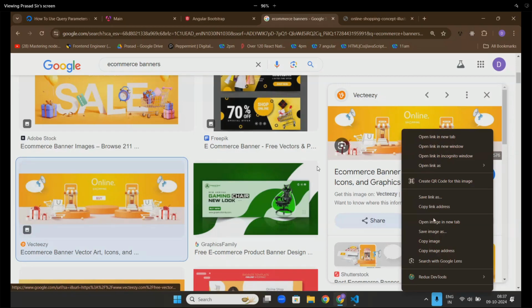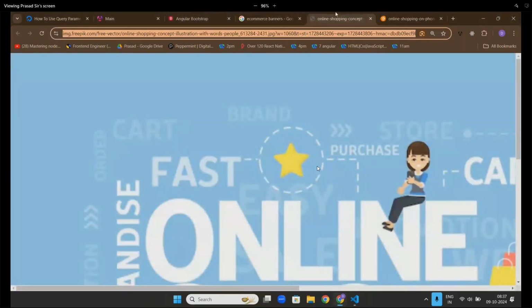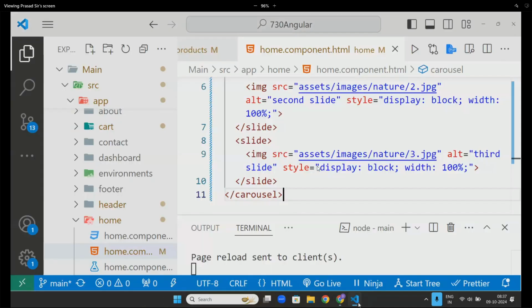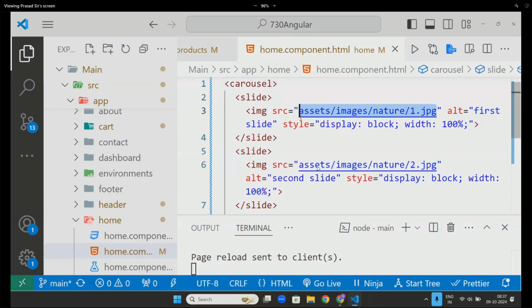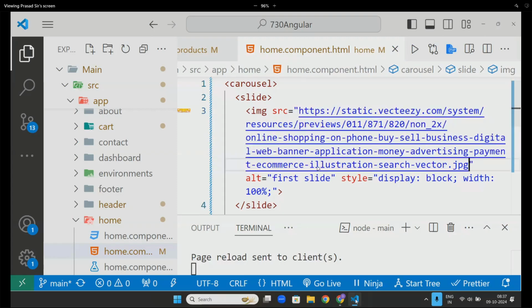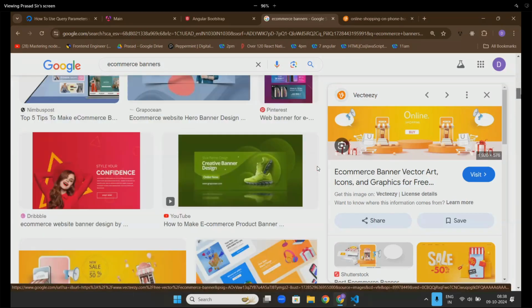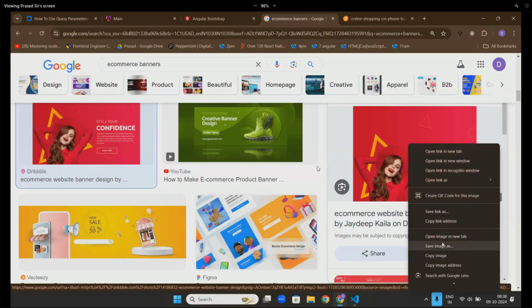One, this one I allowed. Not this. Control C. Go here. Control V. And go here. Control C. Go here.